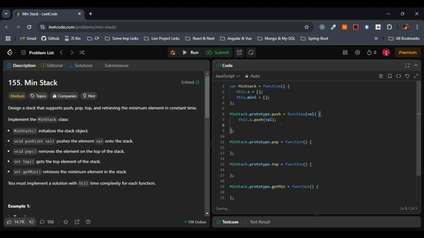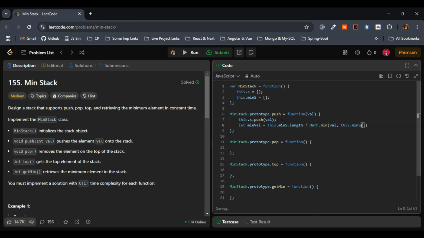And the second thing is we have to add the minimum value so far to the minimum stack as well. So how can we do that? I'll just consider here min val, and let me give here if min stack dot length, right? Let's consider length. Then I am just going with the ternary operator here. Let's make use of the Math.min and